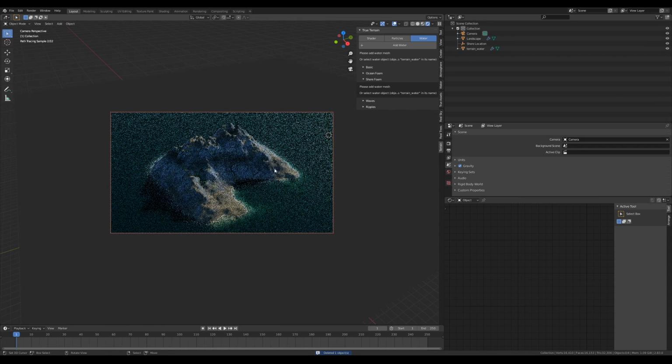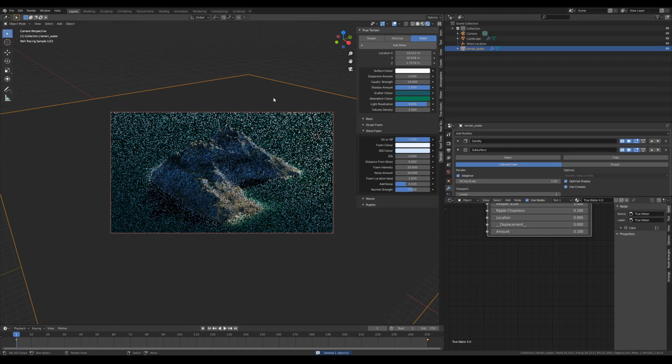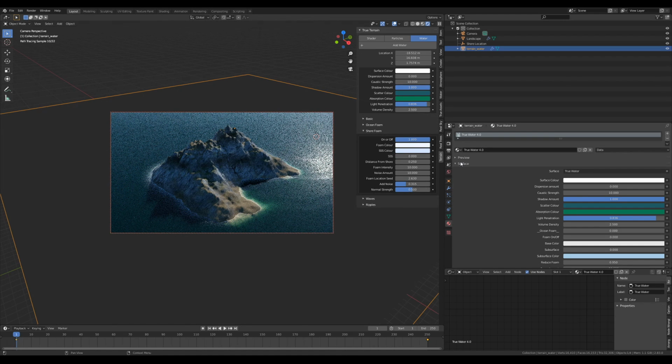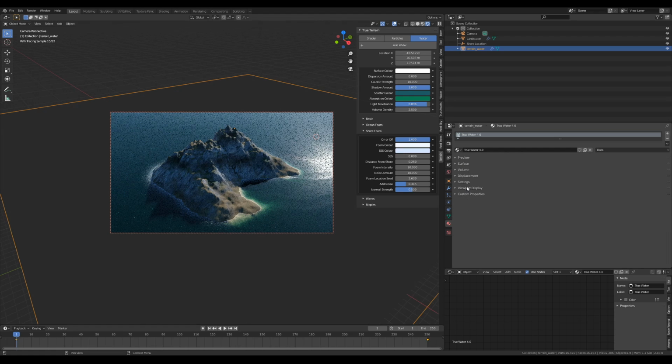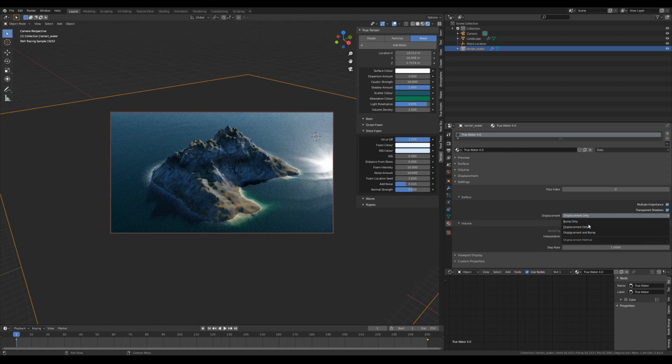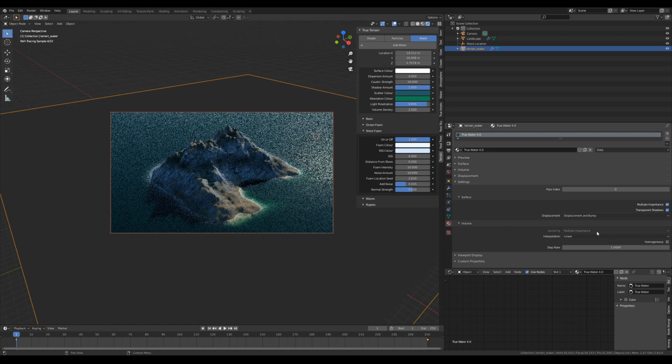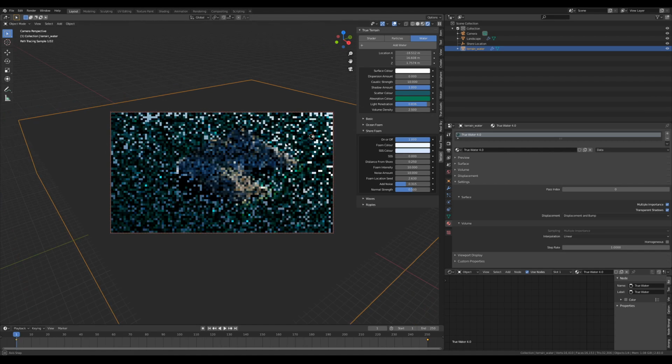So that's the shore foam. Pro tip for the water, and I'd suggest this for anyone anyway, because it just adds a little bit of extra detail. If you come into the material panel and go down to settings and change it from displacement only to displacement and bump,